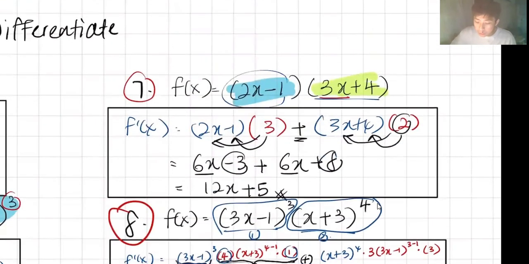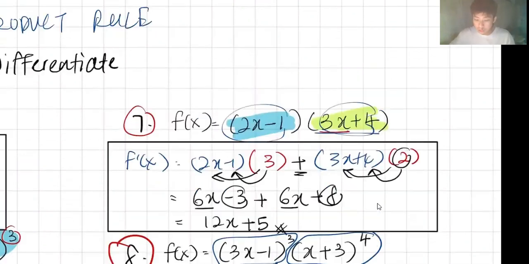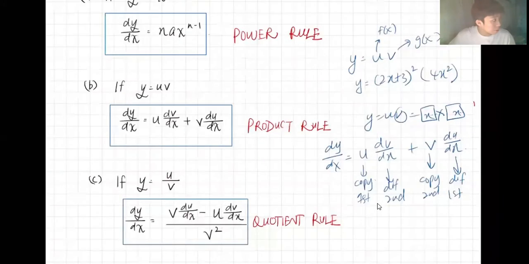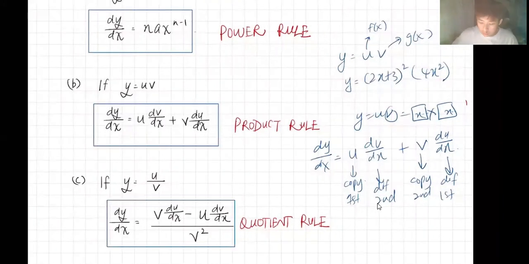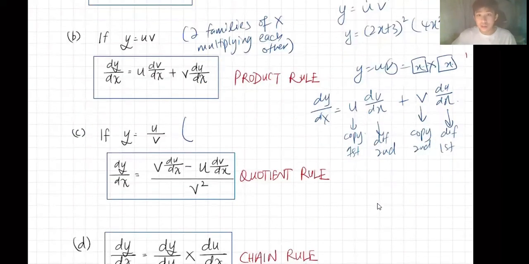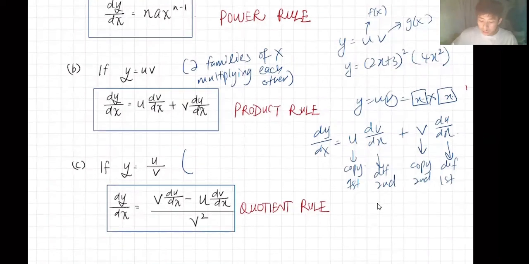Product rule we did, two families of x. This family has x, this family has x, multiplying each other. These are the three concepts you need to know. Two families of x multiplying each other. I try to write down here: two families of x multiply each other. This one, as you can probably guess by now, if it is quotient rule,